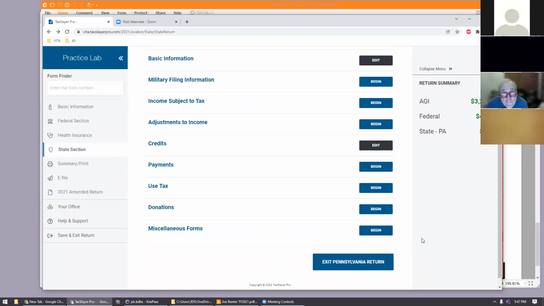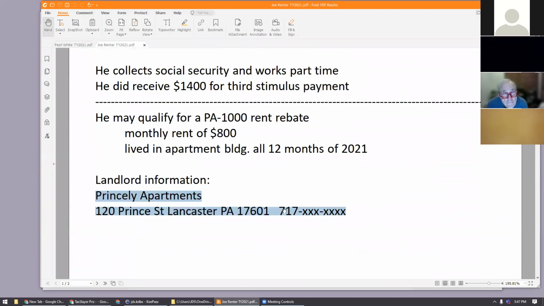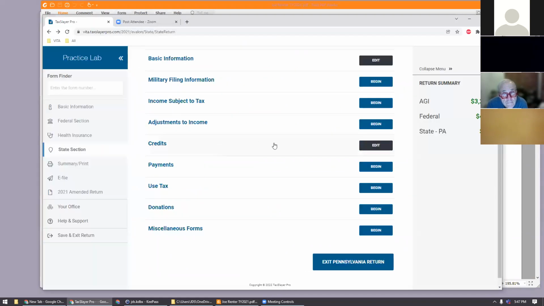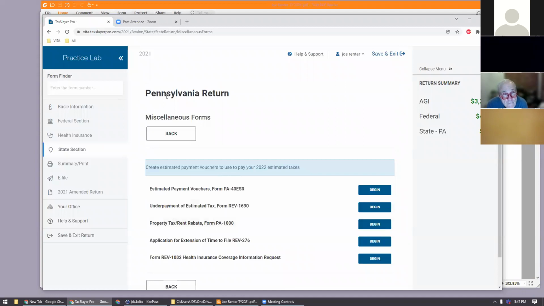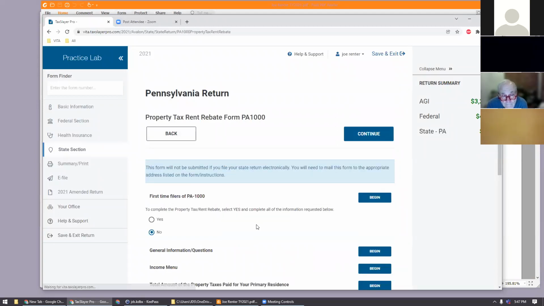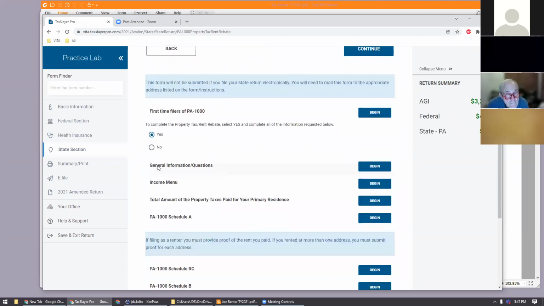Now I'm going to move on to Joe's rental information, which we have here. So just like Pearl White's PA 1000, I go into the miscellaneous forms menu. Right in the middle is the property tax rent rebate form. I need to click yes that I want to complete the property tax rebate. I need to complete these general